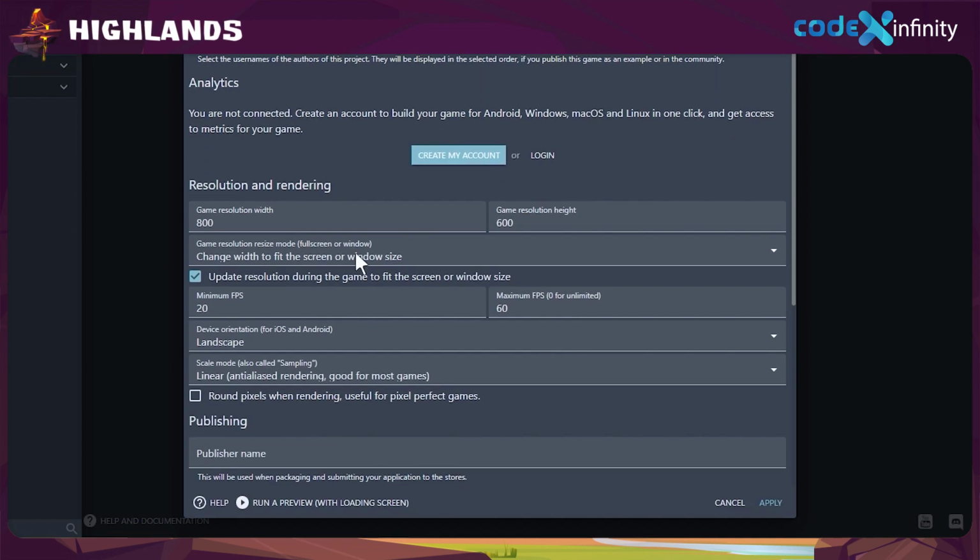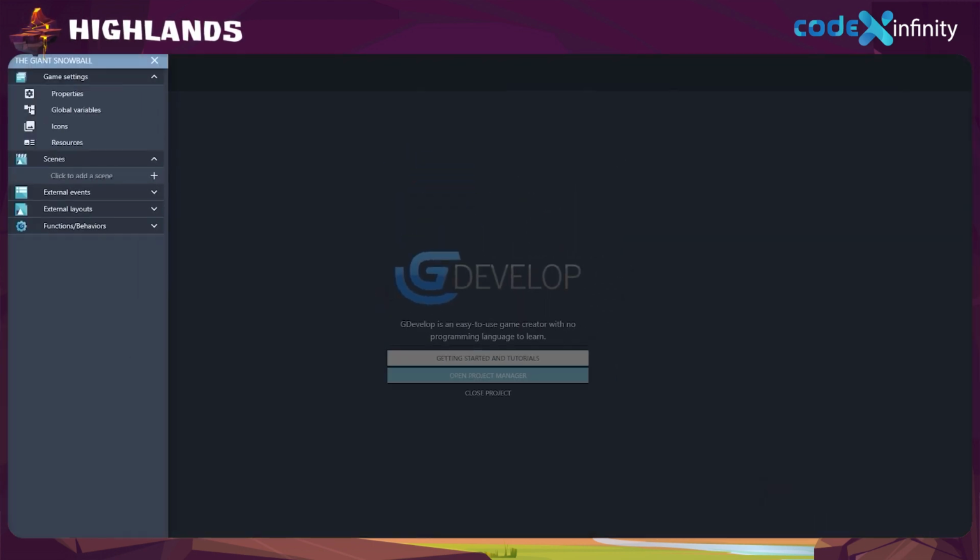Set the game resolution width to 1200 and height to 650. Finally, click on Apply. Next, we will create the game scene where we will add the background, animation and other features of our game. Hence, once again in the Project Manager tab, choose the Click to Add a Scene option